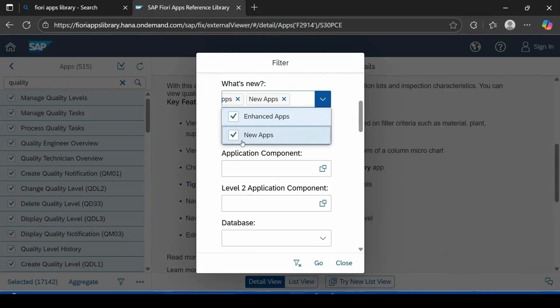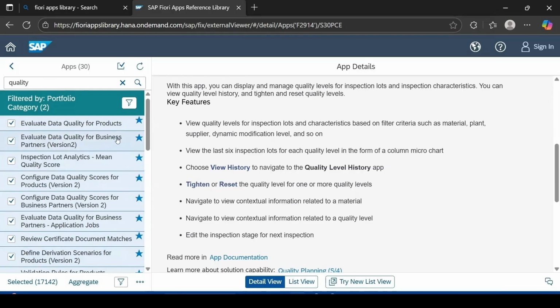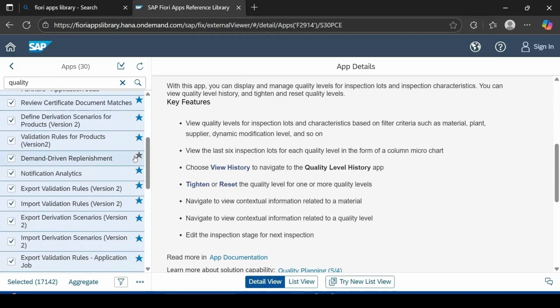selecting both enhanced app and the new app. Click on go. Now all the applications are marked with this star, either with the blue sign or with the gray sign. When you take the cursor to the position, you can see tooltip is coming enhanced in SAP S/4HANA